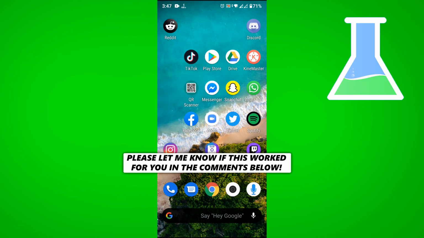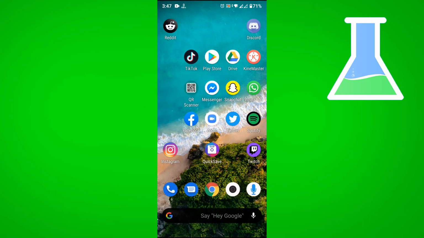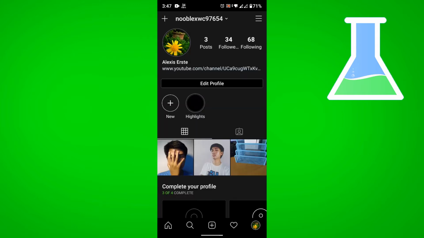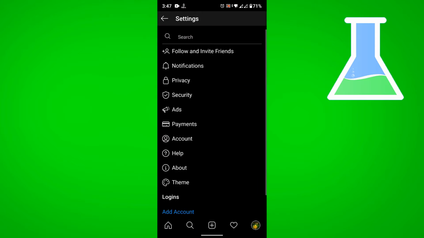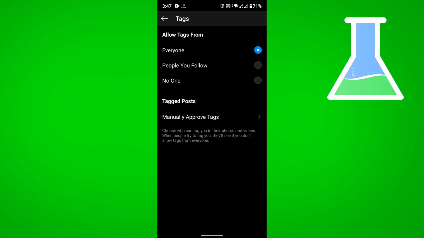In this video, I'm going to show you how to hide and unhide tagged photos on Instagram. So first, let's go to Instagram, and then let's tap on the profile button at the bottom right, and then tap on the menu button, which is at the top right, and then tap on settings at the bottom, and then go to privacy and go to tags,